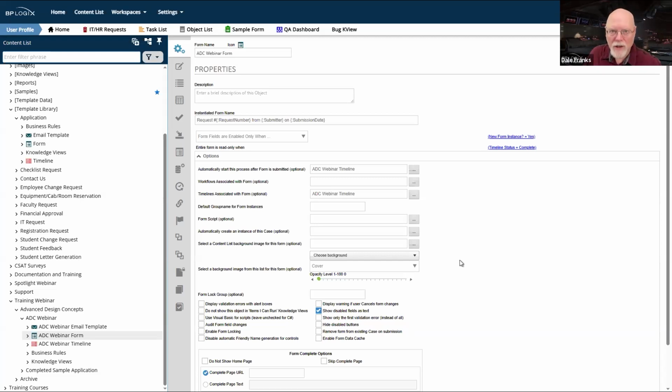So we have two types of section controls. We have the embedded section and the regular section control. The embedded section doesn't display in the UI with any sort of special formatting or anything. It's just a layout control, and it just allows you to mark a section of the form as a section. And anything inside that embedded section you can show or hide or enable or disable by enabling or disabling or showing or hiding the section control itself. But there's no physical representation on the form of the embedded section control.